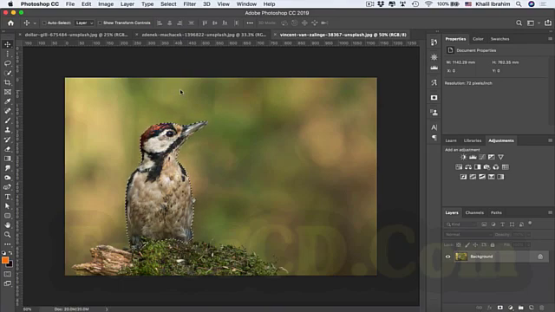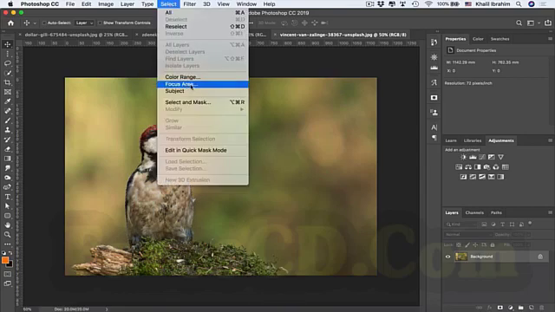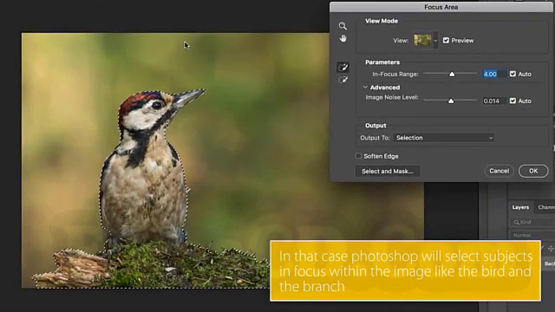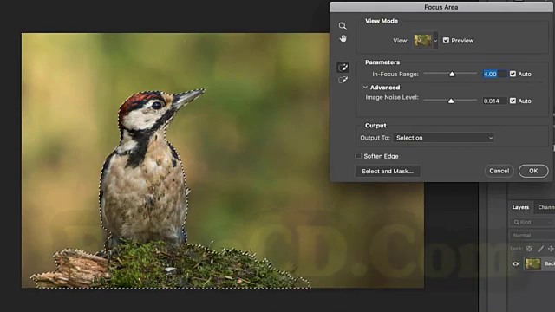Photoshop is doing an amazing job for us already in that case. However, let's say we need to select that guy along with that branch. So I'm going to deselect that, pressing Command or Control D, going to select once again focus area, and it's analyzing the image already. And here we go, we have a selection of that nice bird along with that nice branch. Of course, you can soften edge for your selection, which can be nice in that case, and also